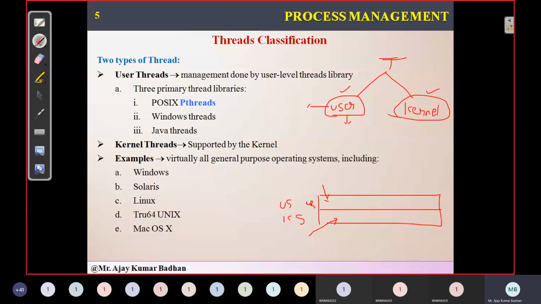User level threads are taken care of by thread libraries. These libraries are going to control the user level threads. Kernel level threads will be taken care of by the operating system. We cannot control them. We can control only user level threads.